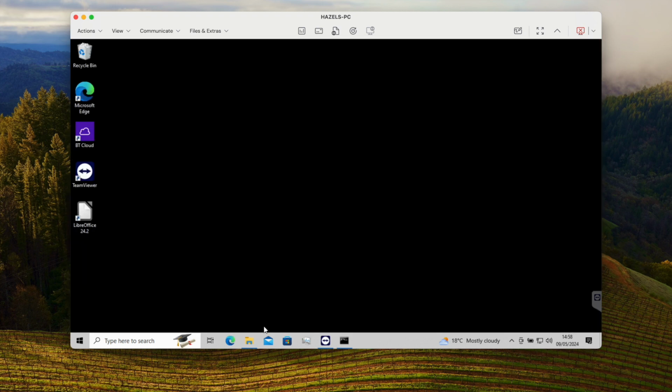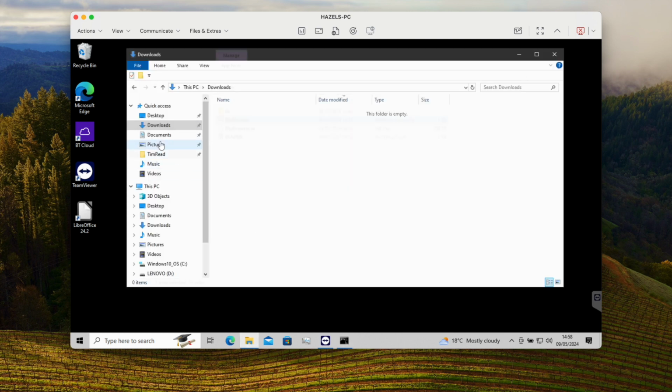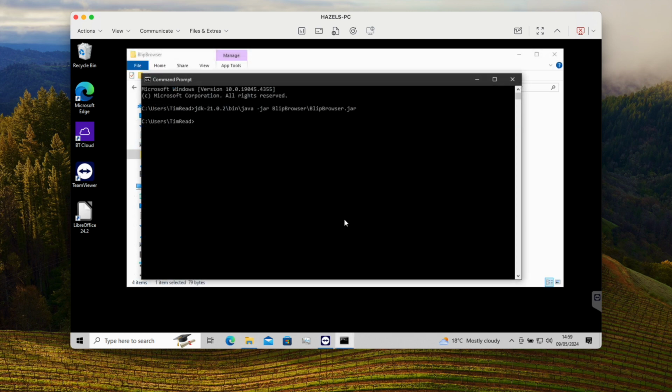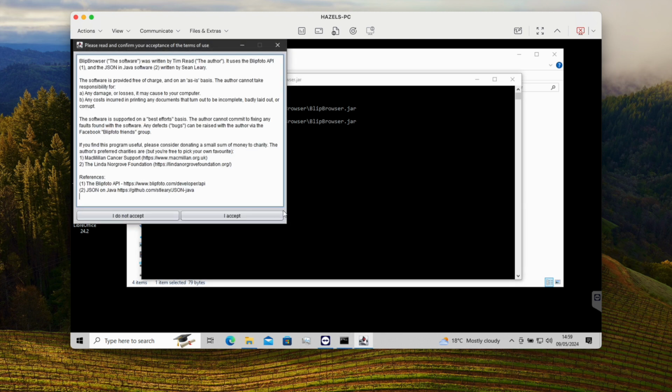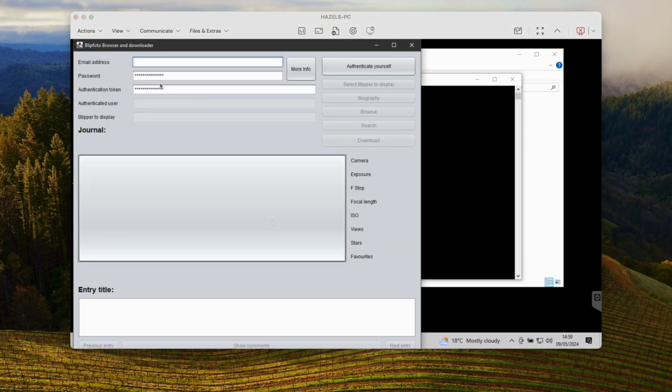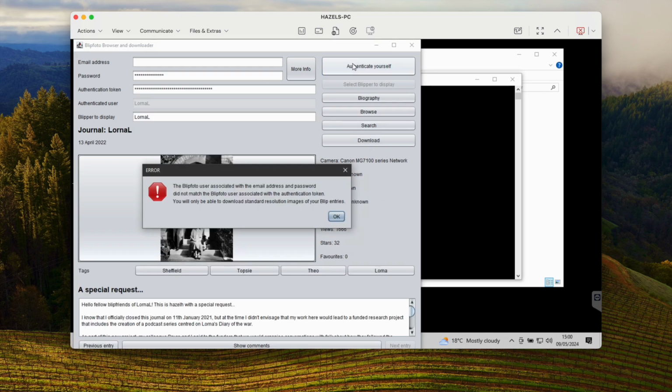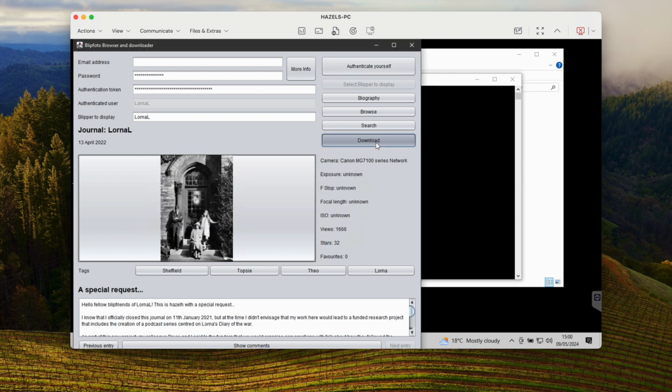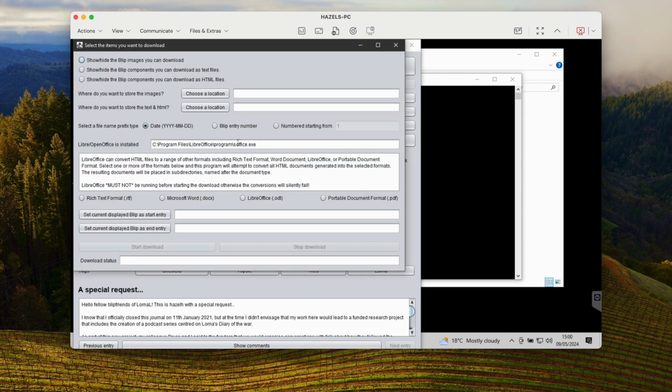And now if we go and run the Blip Browser again. Right, okay. So back to this. Okay, accept the terms and conditions. Right, okay, so let me log in. I'm going to log in as me, Lorna L. Paste and authenticate myself. Say this is a Windows system that's very old. Okay, we're logged in. Download, and you see it's found LibreOffice is installed, so all well and good, we can